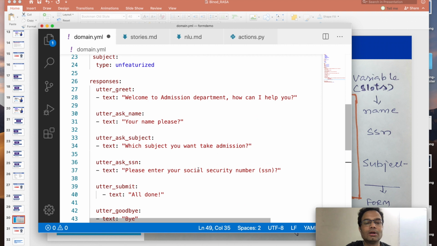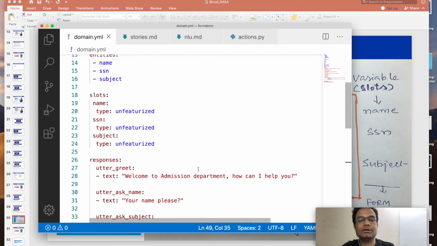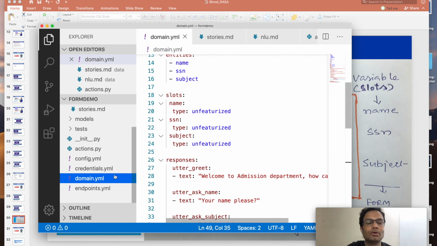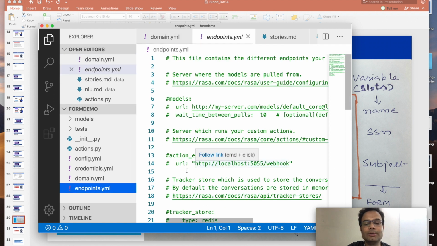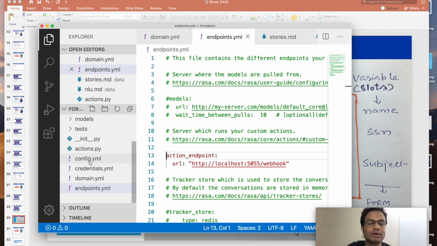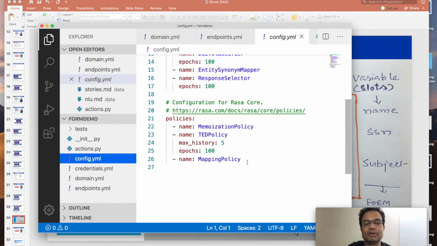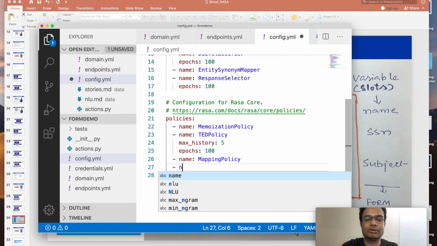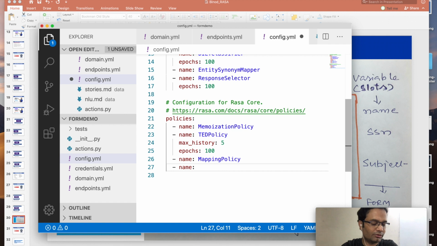Okay, now if you are done here, then we have to go to the endpoint. We know we have to enable this for the action server to work, and then you have to go to the config.xml and add one policy also, right, as we discussed. So the policy name is the form policy.